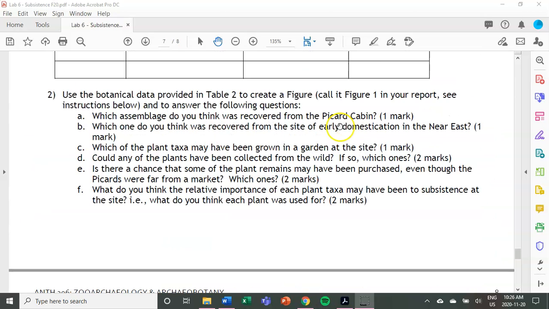Okay, well, what sort of story can it tell? Well, maybe it's showing the different frequencies of plants between the two assemblages, right? So you might want to create charts that show this to support your answer for what assemblage you think is from the Picard cabin and which one you think is from the site of early domestication in the Near East. Maybe it's about which plant taxa you think were grown in a garden at the Picard site, which ones were collected from the wild. Again, it doesn't matter what the chart is, but really the purpose of this is we